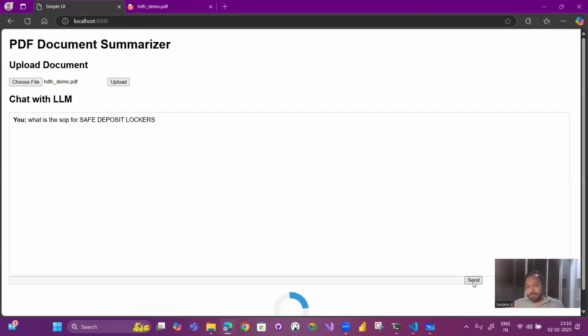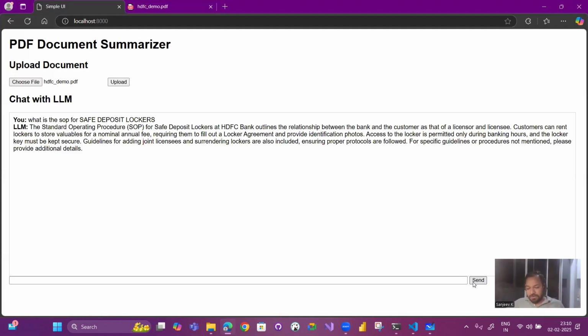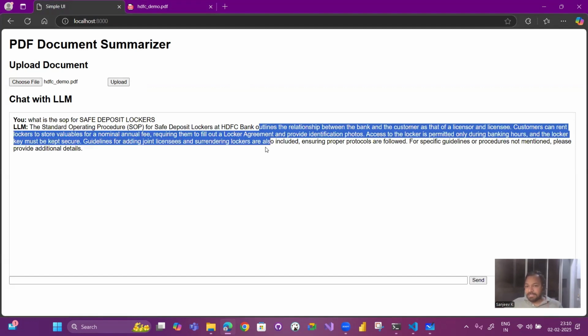What the LLM would be doing is, based on the question that I asked, there is one retrieval mechanism that is happening, and based on the retrieval, I get some chunks, and those chunks are sent to a large language model. From those chunks, the large language model is going to look into it and develop one crisp answer and give it back to you. I did not elaborate what is SOP, but from the document, it understood that standard operating procedure is what SOP means, and it took the answer that is available.